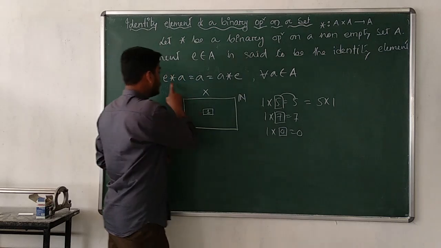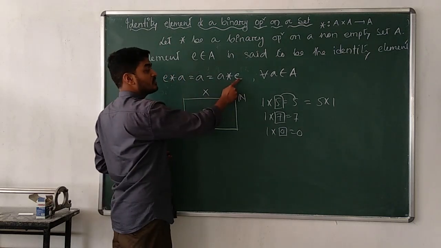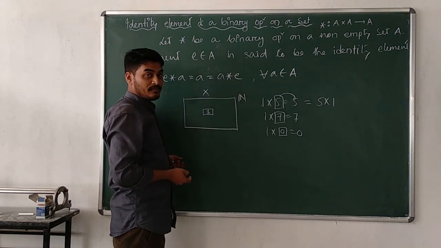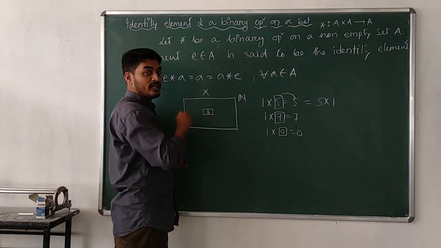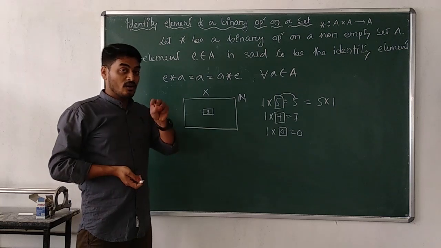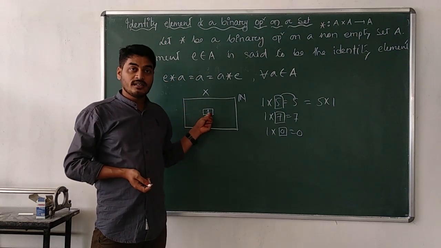That's why this one is known as left hand identity because E is written on the left hand side, and this one is known as right hand identity because E is on the right hand side of this statement. So that means it should be equal, left hand as well as right hand. Both the conditions must be satisfied, then and only then is it known as an identity element. And already I have told you, if an identity element exists, it is always unique.